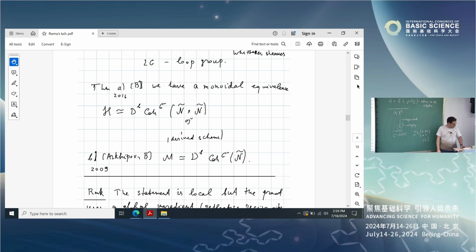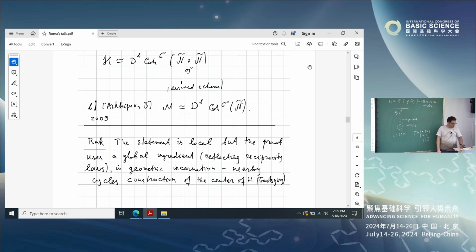And just to make a little bit of contact with my first slide with Langlands' 1967 letter, again, I will not explain the proof, but I just want to indicate that the core ingredient of the proof also has a kind of global nature, is also a reflection of these reciprocity laws, which here manifest themselves in a geometric way, namely, so there is this,